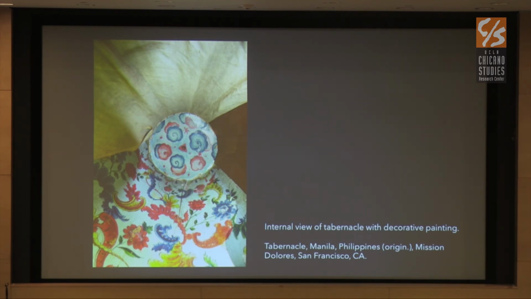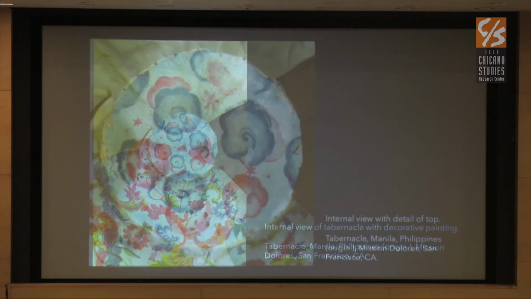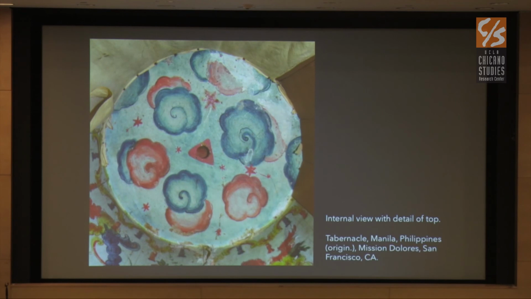Here we have painted designs, the top of which evokes a sort of Asian cosmology with stars and clouds and a sort of enigmatic red triangle at the top. We don't know if the artist who carved and painted the outside also did the inside. Typically, workshops separate the manufacture duties to carver, to painter, to miller, to various other tasks. So it's possible that the painter of the external was perhaps practicing or perhaps evoking something on the inside of